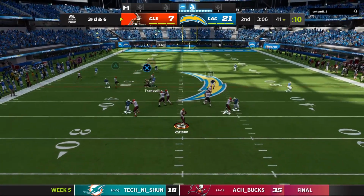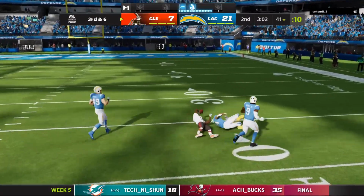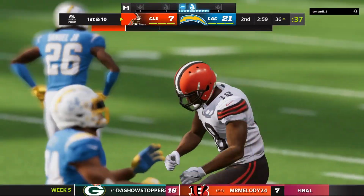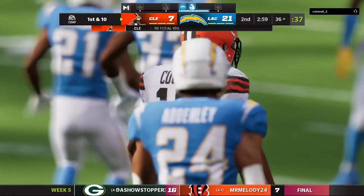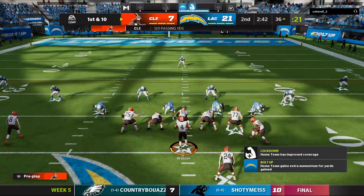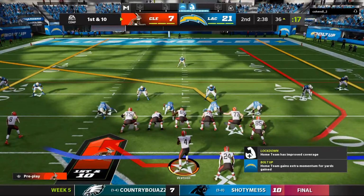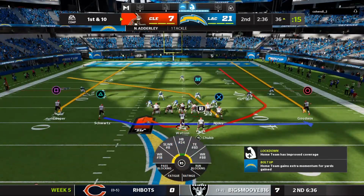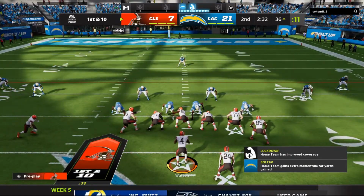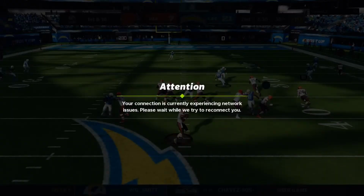From the gun, here's Watson. Wide open, Amari Cooper. And they'll get this well past midfield before being stopped just before the 35. So Amari Cooper out of Northwestern High School in Miami making a nice play there. And it's so funny that when I was going through the draft process when he came out of Alabama and was inquiring about him and his skills, they say it all began back in Miami. He really became a pro receiver because